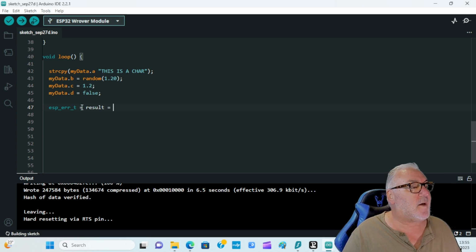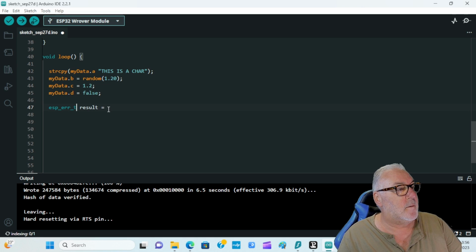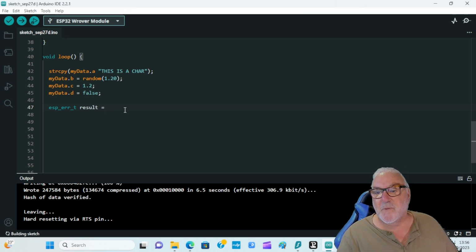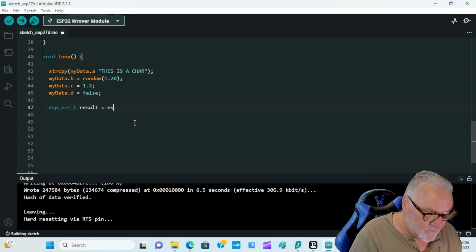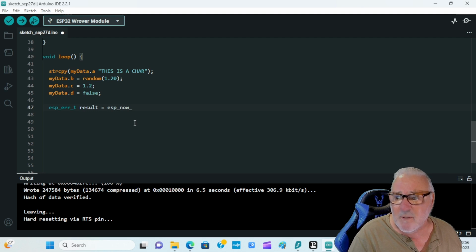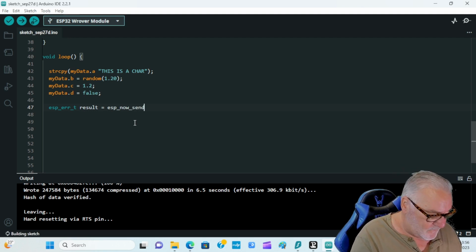Actually, take that equals out, I'll put an extra equals in. All right, so it's ESP_ERR_T space result space equals space ESP_NOW_send, and brackets on,